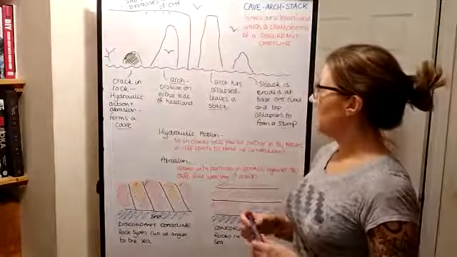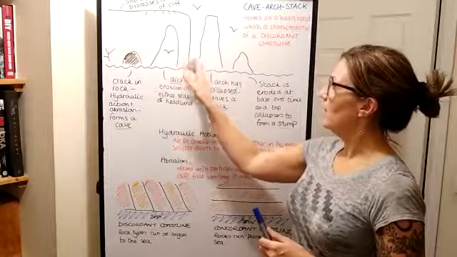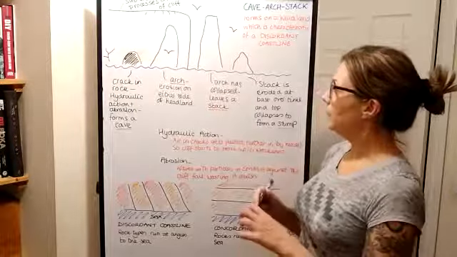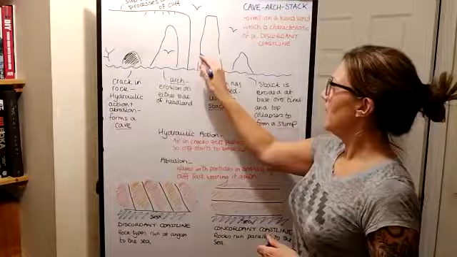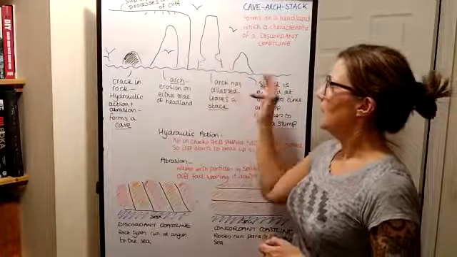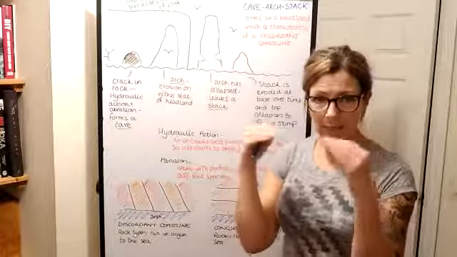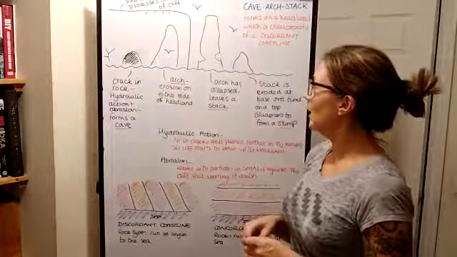So when the arch collapses, this leaves a nice tall stack. Okay, so that is our cave, arch and stack formation. Now the stack over time will be eroded, and I'm just going to rub this off a little bit. It's basically going to be more eroded at the base as the waves come in and hit the base, so it gets eaten away at the sides, either side, a bit of undercut in either side of that stack,